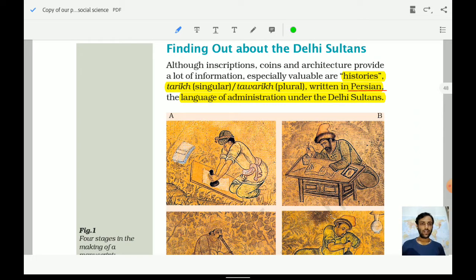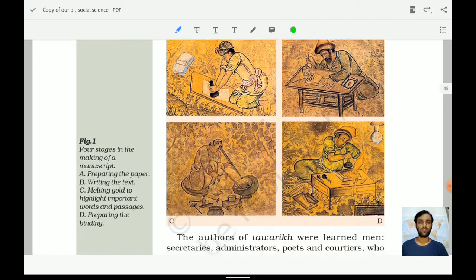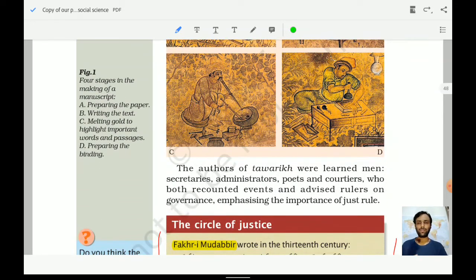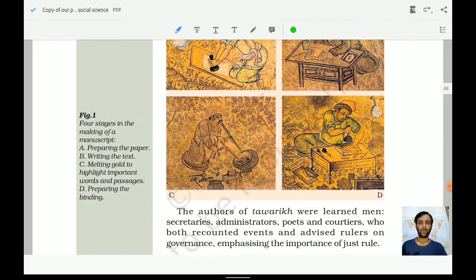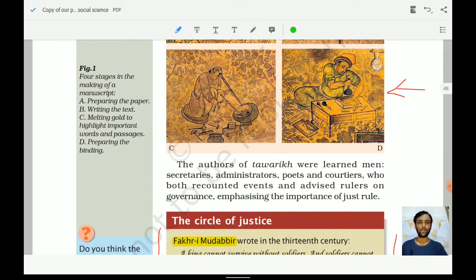Language of administration under the Delhi Sultanate was Persian, right? So it is providing some facts about that in this particular figure. It is showing the development of how the process of making or writing the manuscript went. The learned men must have written the history on these manuscripts, and it is showing the development, but it is of no use for us, so we will move ahead. Okay,